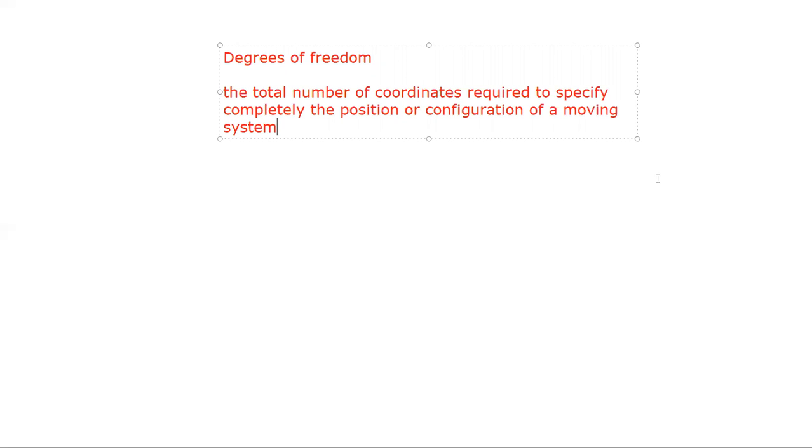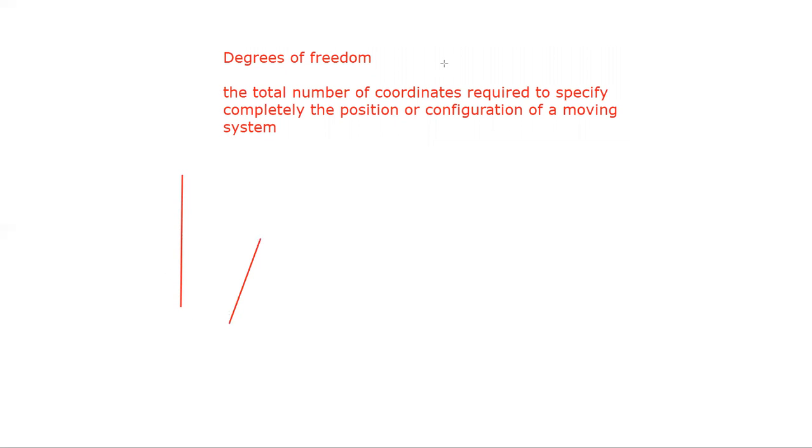Now this was for translational motion. Suppose a body has a rotational motion as well, then the body can rotate along three axes. If this is one axis